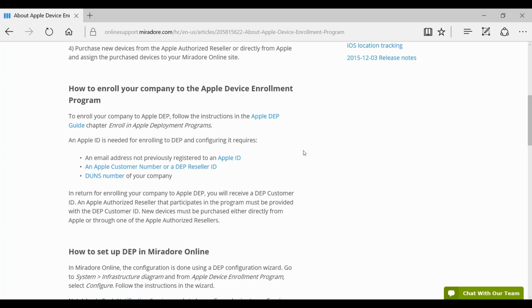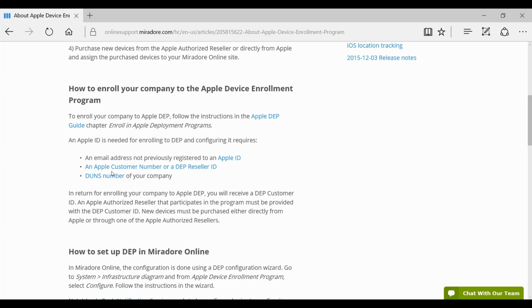And to enroll yourself, or the company, to the DEP, you need to have an email address. There's one limitation: you cannot use the same address in other Apple services, so it needs to be a new company email address.